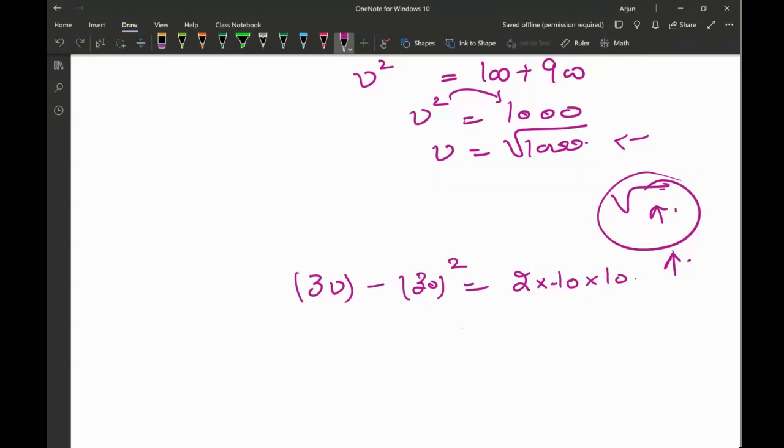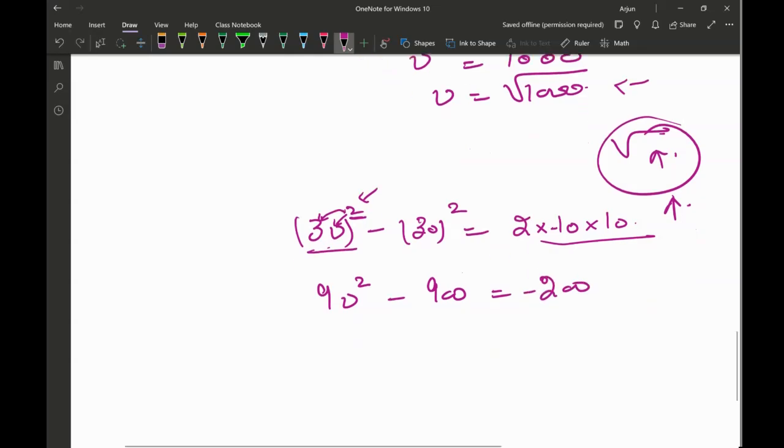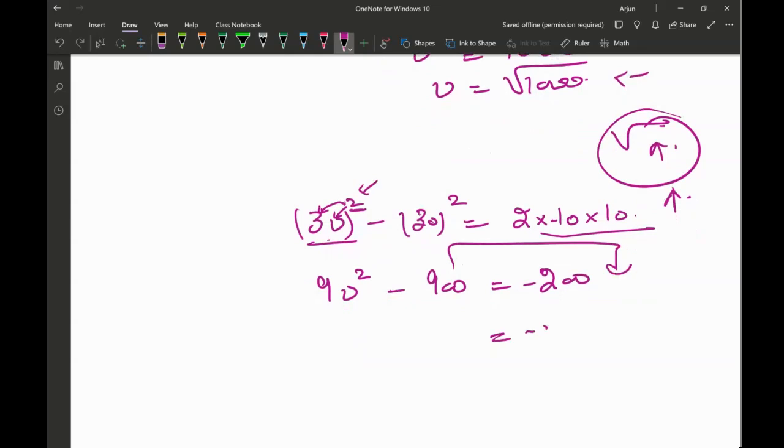So I want to solve for v again, but this is v square. So what's going to happen is, if there is a square outside, this will multiply here also, this will multiply here. This will become 9v square minus 30 square is 900, and this is 10 times 10 is 100 times 2 is 200 minus, and this is going to go on the other side, minus 200 plus 900,